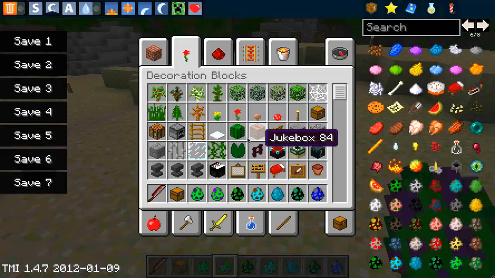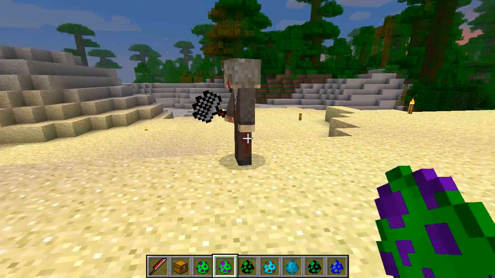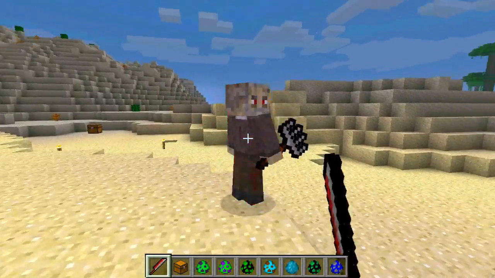So, what's the guy's name? Don Esteban Ganado. So, ooh, he has a pitchfork. So as you can see, this guy is kind of like holding one of these pitchforks. Now I hazard a guess, as when you kill him...